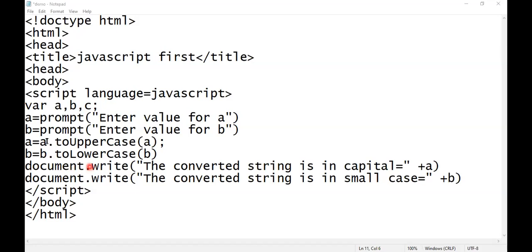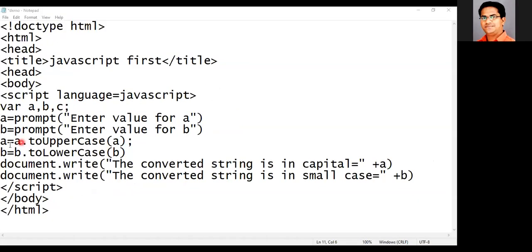So object and functions are joined by using the dot operator. The dot operator is nothing but used to add any function to an object. So here to uppercase and to lowercase are functions, and by using these two functions, we execute them on these two different objects, and then we will get the result.